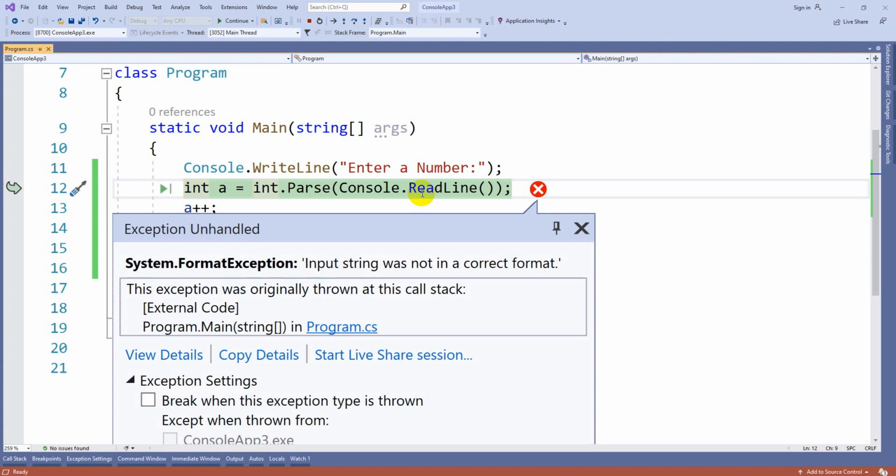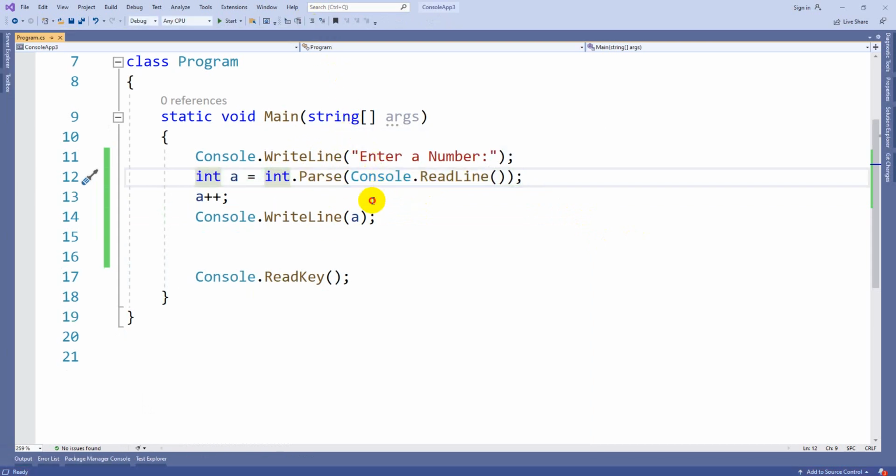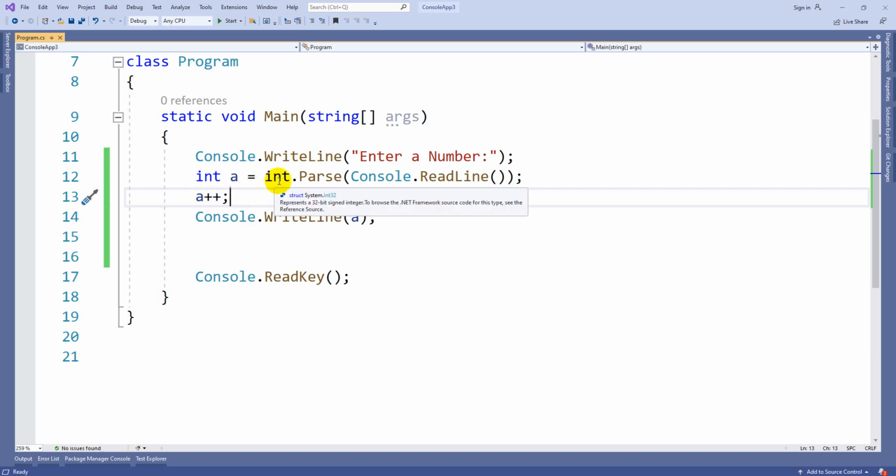Remember carefully, even though it is a Parse method, it will convert only values which are numbers in string format. Otherwise, it will throw an error. It should be a number only, then only it can convert. So this is one method, using the Parse method, and we have a second one.